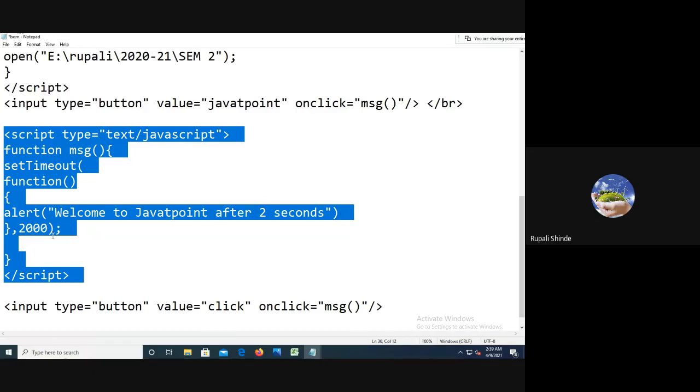Then close the setTimeout method, close the message function, and close the script.